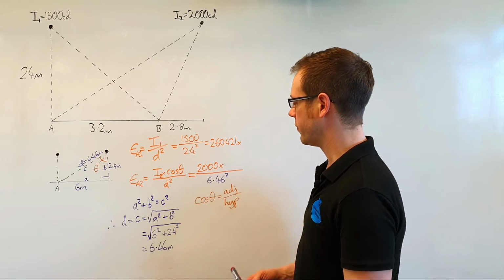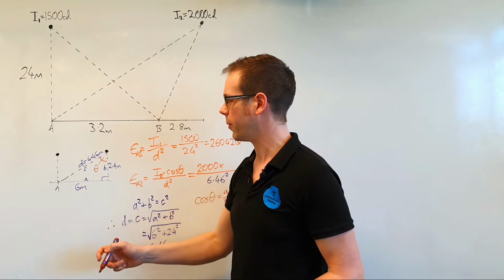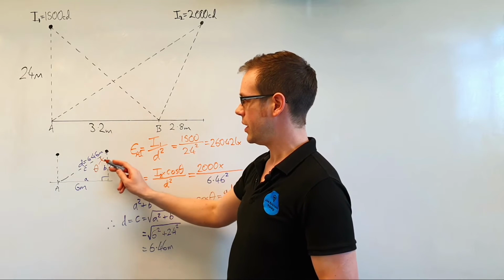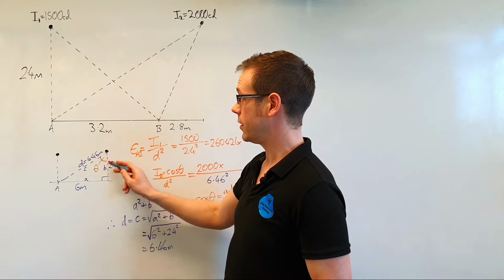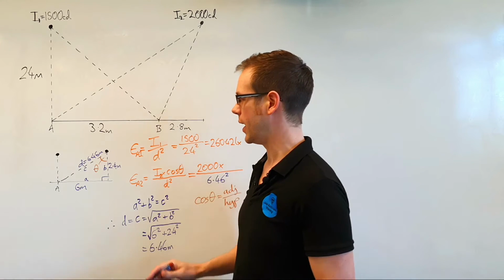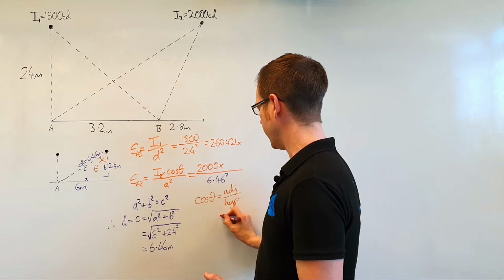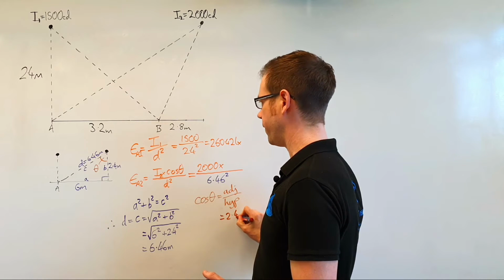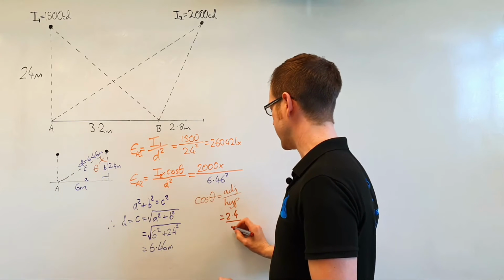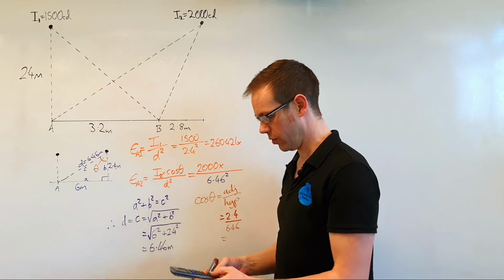And when we do adjacent divided by hypotenuse for this one, we've just got to think about which sides of this triangle we're talking about. So this is the angle. That makes this side the opposite because it is opposite the angle, and it makes this side the adjacent because it is next to or adjacent to the angle. So this side becomes our adjacent. So that gives us 2.4, and then we're going to divide that by the hypotenuse, which we just calculated as 6.46. So 2.4 divided by 6.46